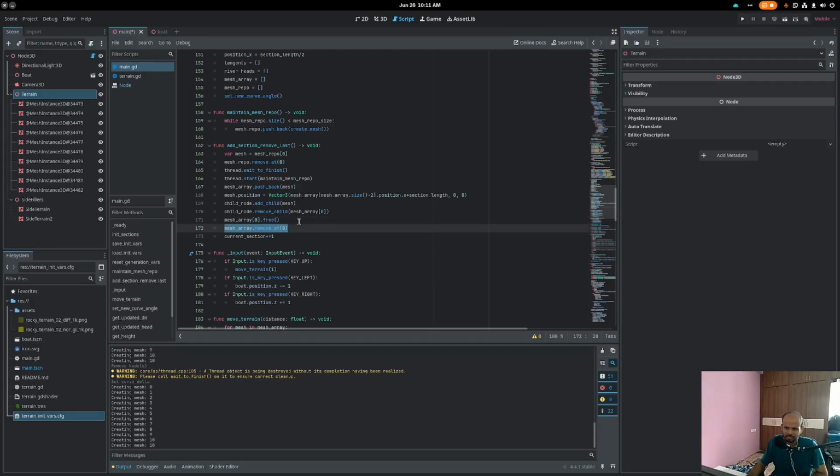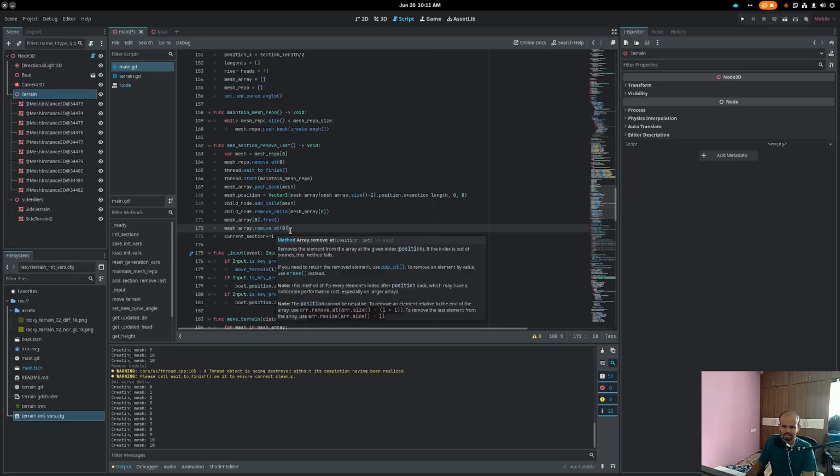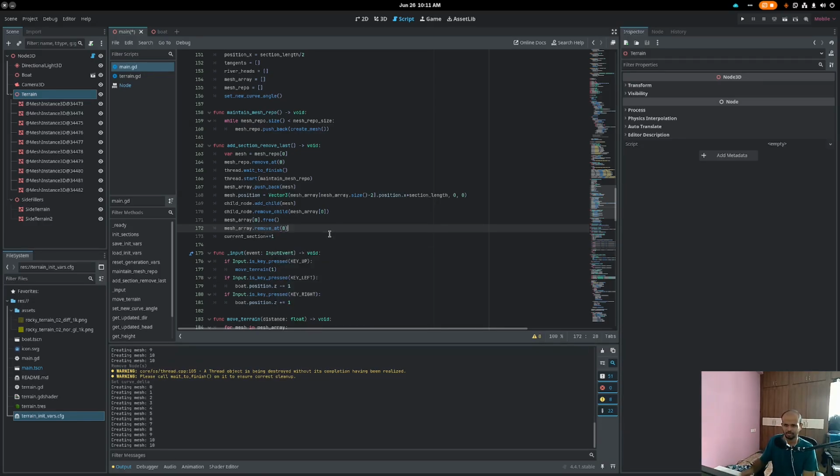And even if you don't do this, it's quite easy to miss this, because the mesh actually will go away from your scene. You won't be able to see it, but memory will keep getting piled up since we are endlessly creating meshes. So this is very important. And then mesh array dot remove at 0, so you actually remove it from the mesh array. So now it's actually gone, right? Now